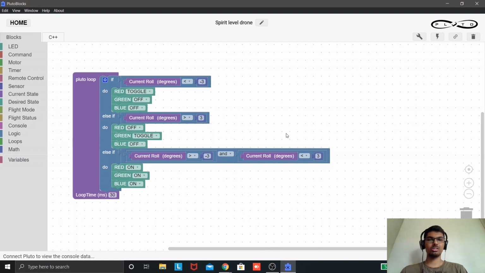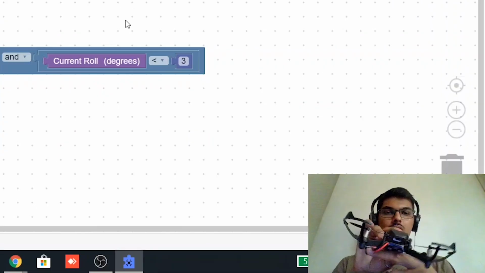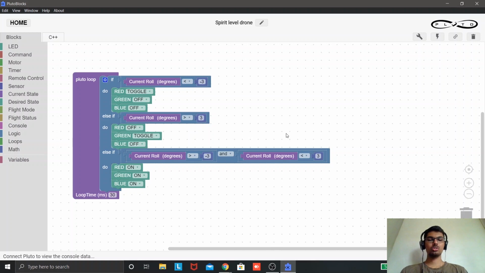So I hope you guys learned about this. One more thing is you can also modify this project into a 3D spirit level. In this project we use just the roll angle, right? You can also include pitch angle. So you can use roll and pitch both together, and that will give you a 3D effect as a spirit level. So if you keep it on the surface, you will understand exactly how the surface is behaving. So please do try that project, include the pitch, and let us know if you are able to do it.